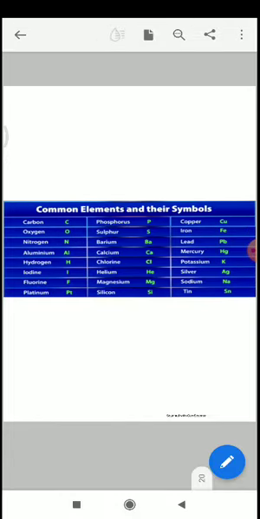I think you have understood today's class. While watching this video, open your chemistry book, pages 1 and 2. Watch the video carefully and read pages 1 and 2. And remember, don't be confused while using the symbols of single letter or double letter, and don't be confused between the common name and Latin name.